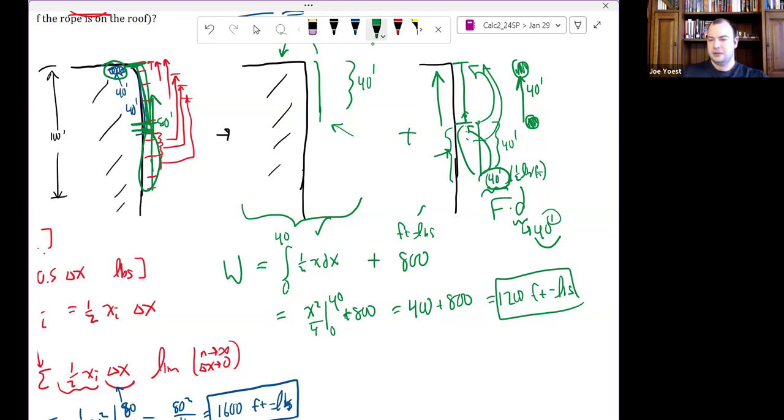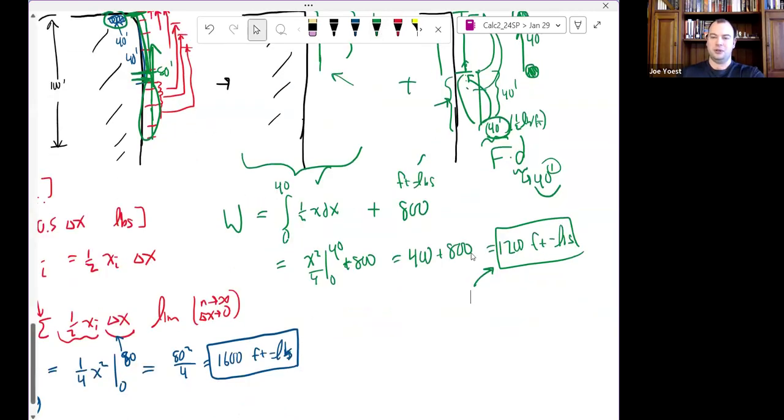And that first half, moving it to 40 feet, we can see uses 3/4 of the total work of getting the whole rope up to the top. Okay, so